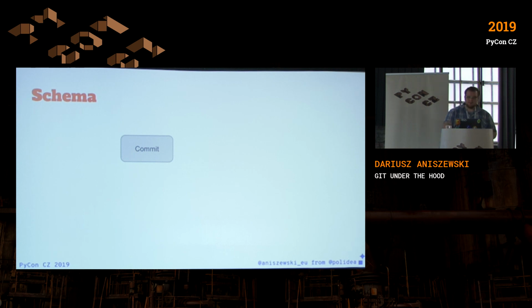Let's take a look at the schema once more, starting from the commit. So we have a commit. The commit refers to exactly one tree. Then the tree must refer to at least one blob and any number of different trees, etc. So the tree can contain trees that contain trees, recursively to infinity, basically, or the capabilities of the